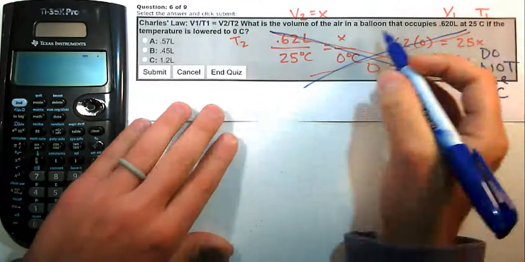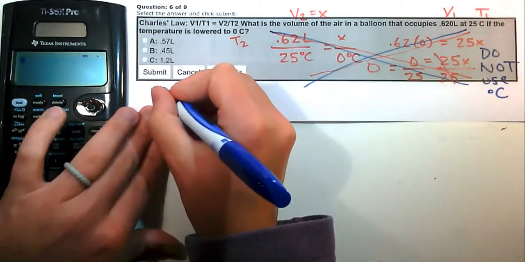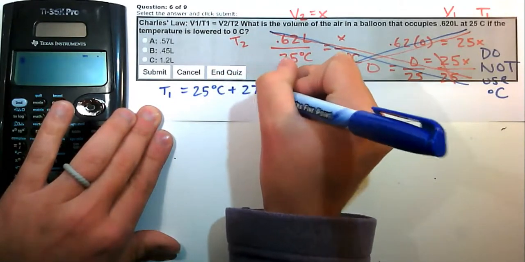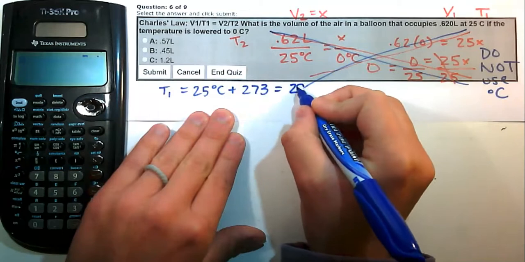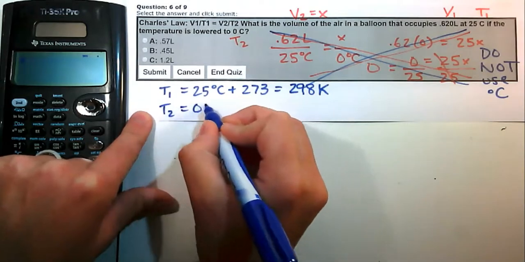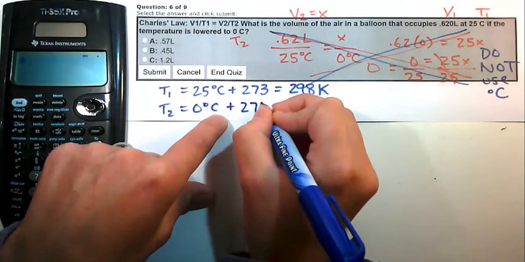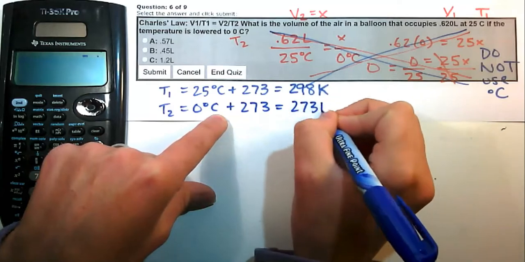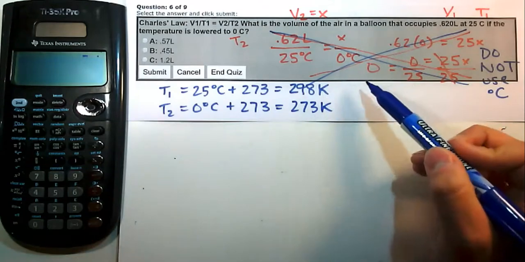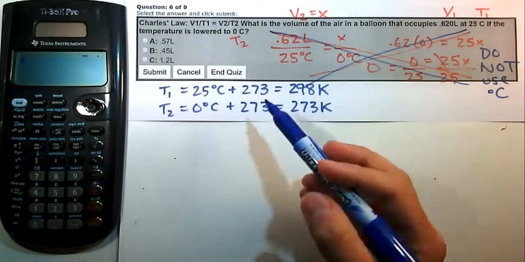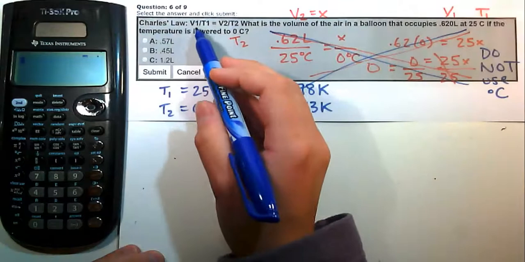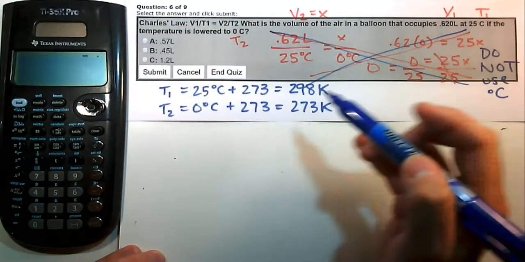And so we're going to do that this time. We're going to do it correctly. So we have T1 is 25 degrees Celsius plus 273 will get us to Kelvin. So that's 298 Kelvin. And then our T2 value is 0 degrees Celsius. So when we convert that to Kelvin, we get 273. Okay, so now we're going to use the gas law with our temperatures in Kelvin, and you'll notice it's going to give us a very different answer, which will be the correct answer because we will have done it right this time. So let's use this gas law again, V1 over T1, so V1, 0.62 liters,